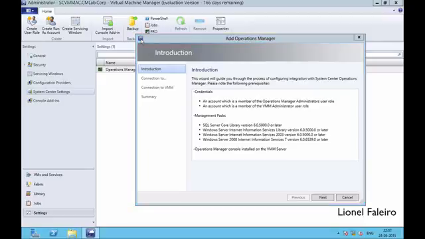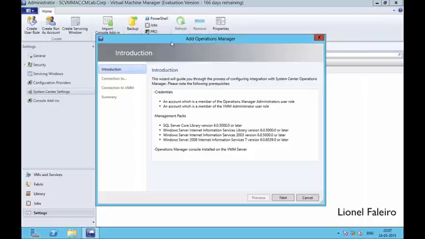For example, on my Virtual Machine Manager server, I also require the Operations Manager console to be installed. Similarly, inside of my Operations Manager server or SCOM, I need to have 4 management packs installed. That is my SQL Server Core library, Windows Server IIS library, Windows Server 2003 IIS, and Windows Server 2008 IIS 7 library. If these management packs as well as the operations console are not installed, this process will fail. I'll click next,